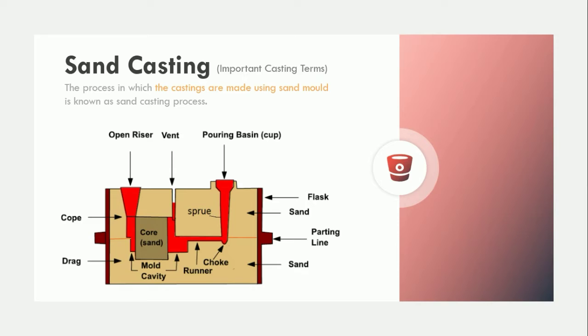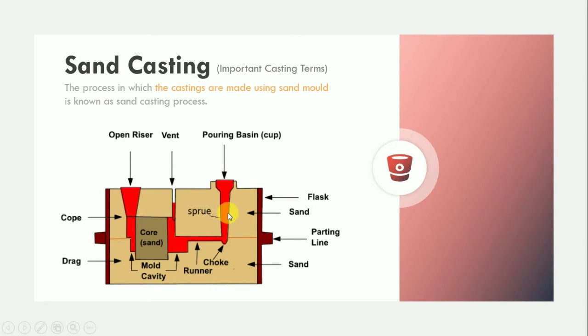Initially, the mold is made up of two parts. The top half is called the cope and the bottom part is the drag. They get separated by means of the parting line. Here you can see that parting line. Further, the liquid flows through the gap between these two parts, which is called the mold cavity. The geometry of the mold cavity is created by the use of a wooden shape called a pattern, whereas the pattern is simply the replica of the final object that is to be made.